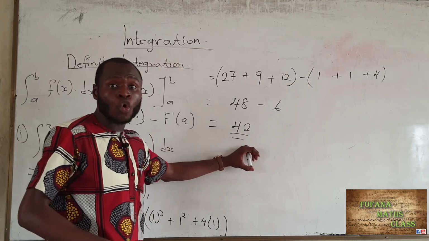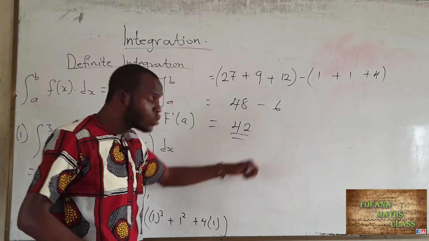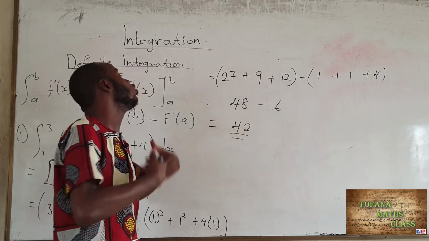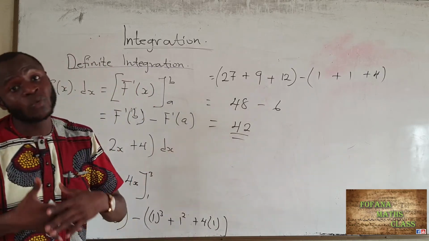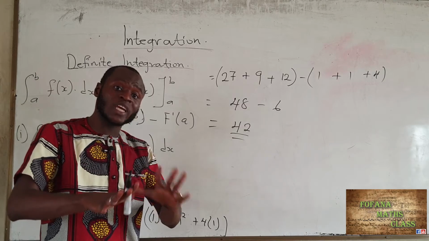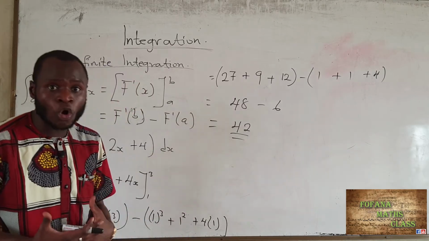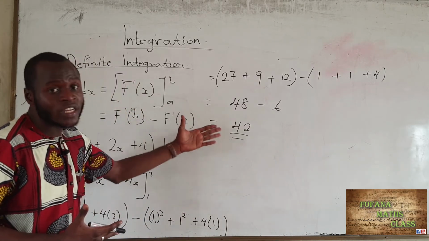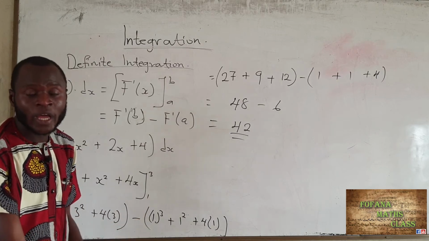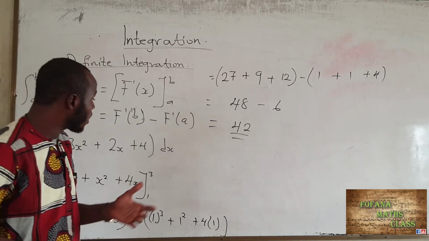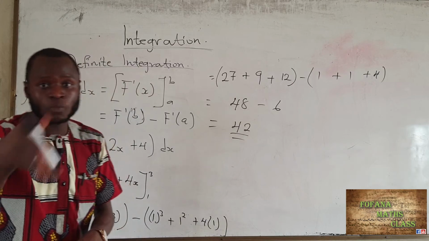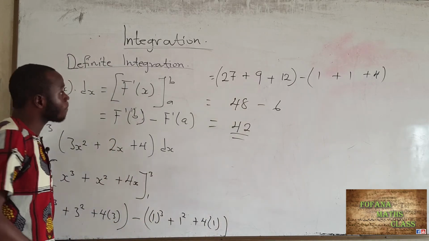A value or a whole number, which will be your solution, because we know the limit. Okay, but if it were to be the indefinite integration, which we do not know the limit, that one you will obtain the solution in terms of what? The arbitrary constant, and then the variable that you are integrating with respect to, okay, which is the x. All right,